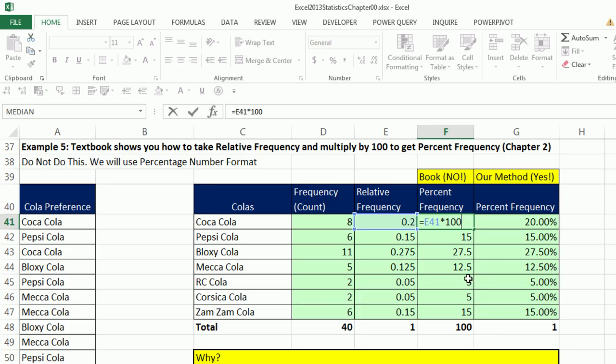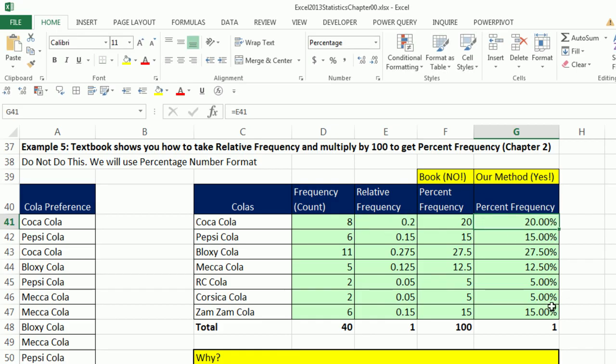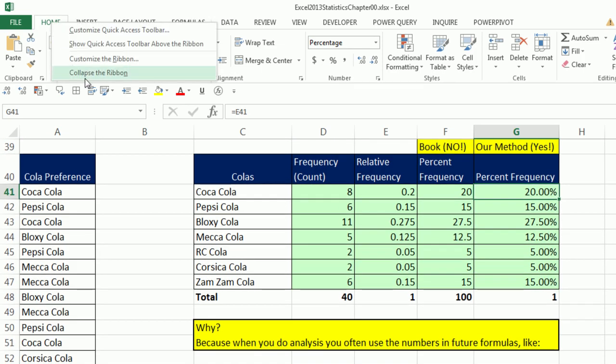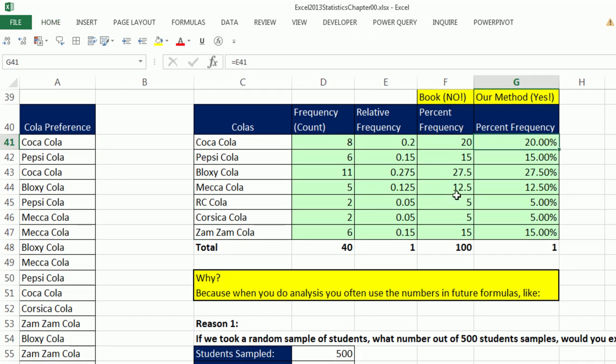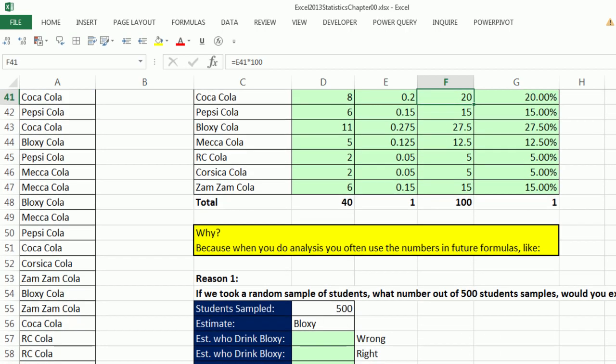Now, there may be some arcane examples where you should still do it this way. But the problem with this is it leads to error. And I'll show you the error in just a second. What you really need to do is simply point your formula over there and then add percentage number formatting. Now, we'll look at this example again in Chapter 2, but I just want to show you why this is not a very good idea. We see the percentage, and as someone who has helped solve spreadsheet errors for decades, I know this is a mistake waiting to happen, because people will come down and they will think,